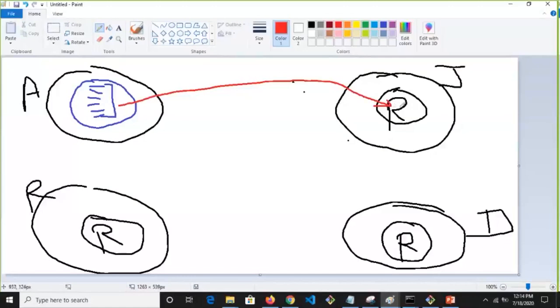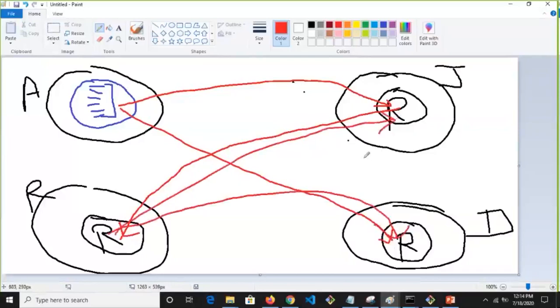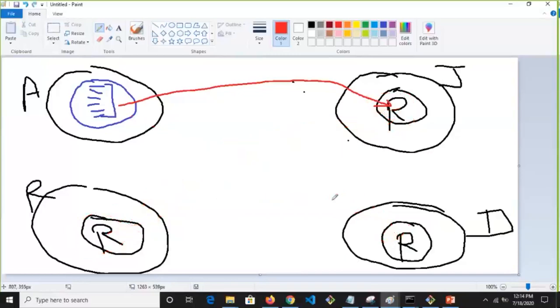This guy wants to send to this repository. You want to send to this repository. This guy wants to send to this repository. So here what is happening, if you look at the architecture, it's a syncing actually. Repo to repo sync. This repository syncing with this repository syncing with this. So that means in Git, every repository can sync to each other.